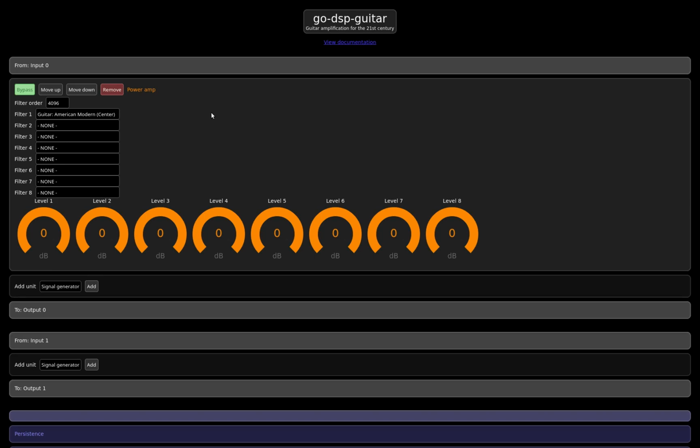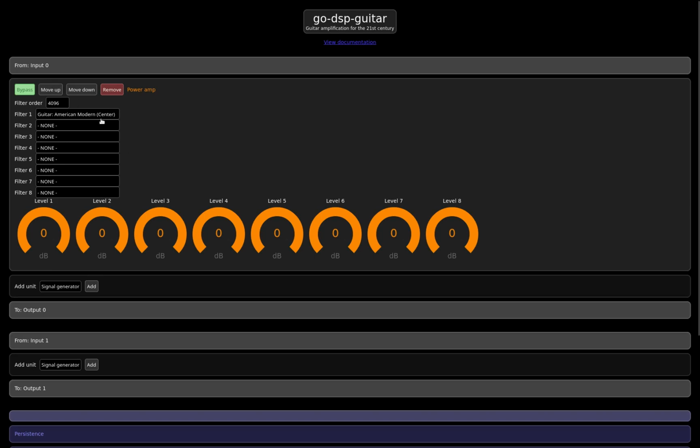Crank the gain a bit more. Okay, now let's go at full gain. Okay, so that's the tube amplifier only.